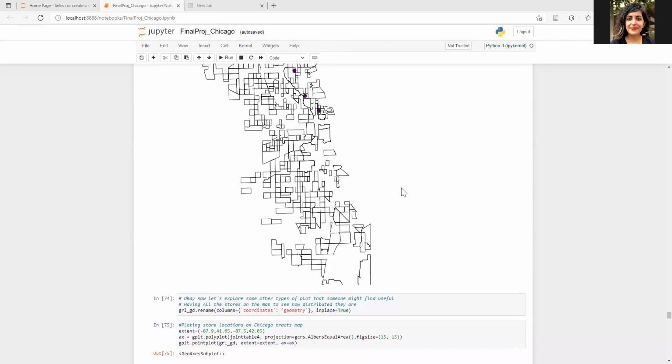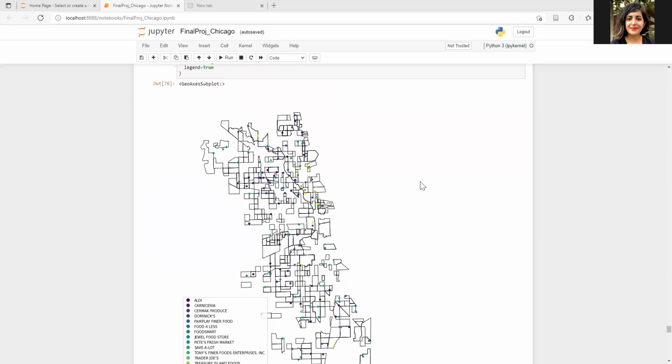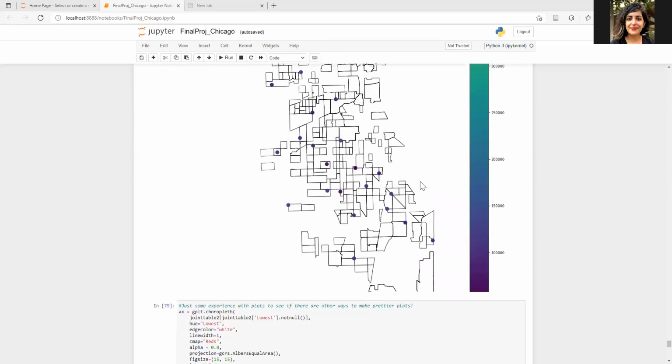So at this point, my analysis ends. Somehow my conclusion is everyone has access to food in Chicago in terms of physical access. I cannot argue that there is any difference between poor and rich. But in terms of quality and variety of food, definitely the southern part of Chicago suffers from lack of quality and variety. I did some more testing here for just my own practice with Python, but they are not